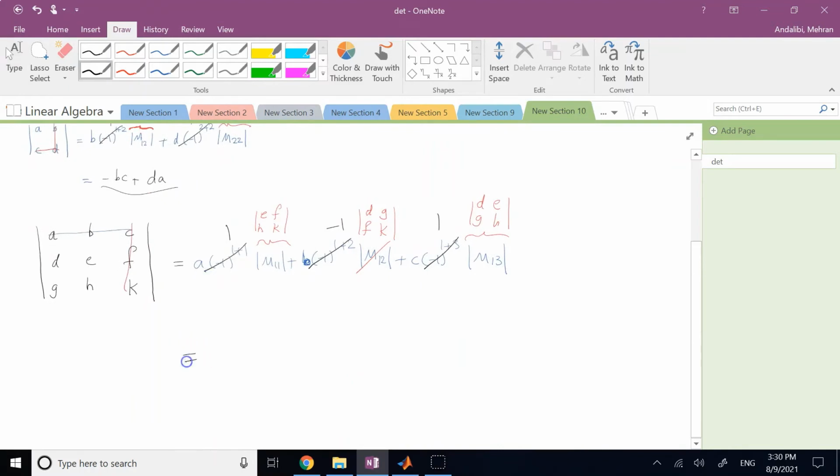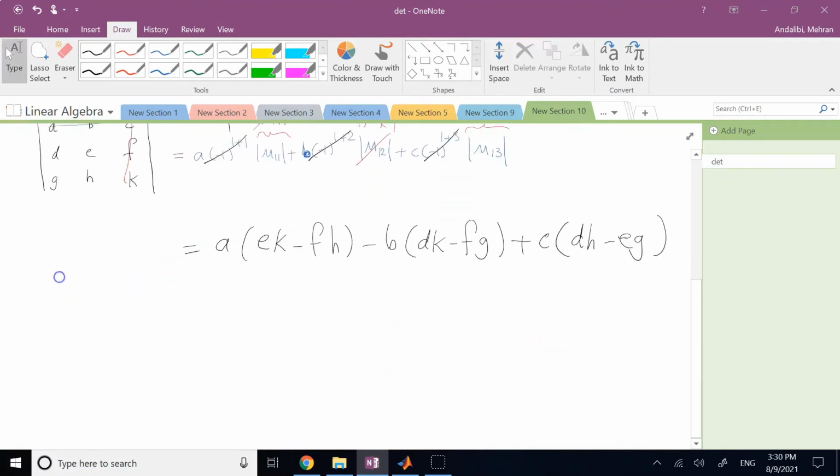So if you expand it, and you know now these are 2 by 2, so calculating the determinant means product of diagonal minus anti-diagonal. So this is going to be A times (EK minus FH) minus B times (DK minus FG), and finally plus C times (DH minus EG). Correct? So if I expand it all, let's add all the positive terms together: AEK plus BFG plus CDH,